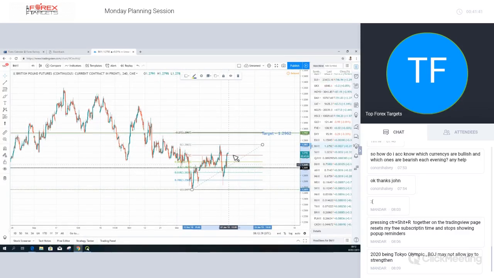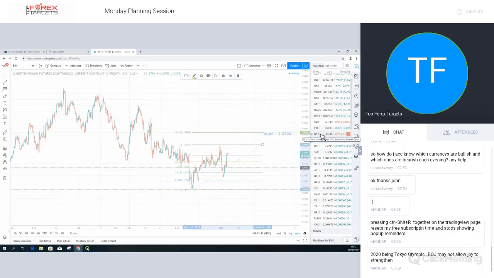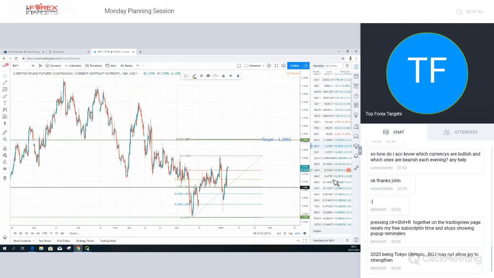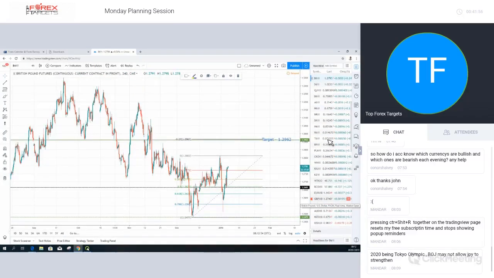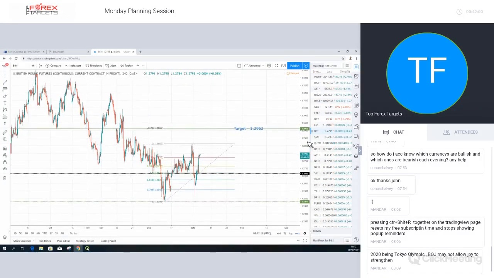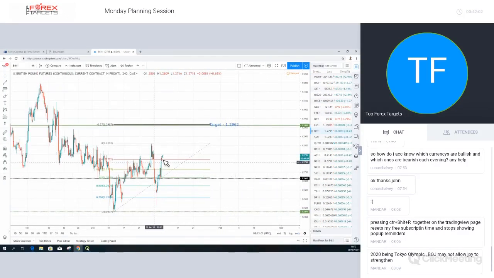So when we look at this, it becomes a bit clearer than, for example, the euro or the dollar. If I was going to be looking for dollar weakness this week, the pound is certainly one, and you can see I've flagged it down here. The pound is certainly one that this week I'll be looking to pair off potentially with the dollar, looking to see where the structure is.